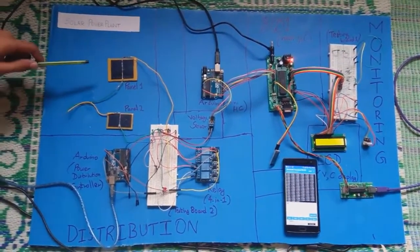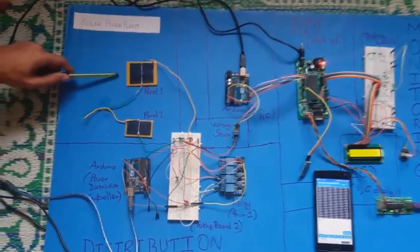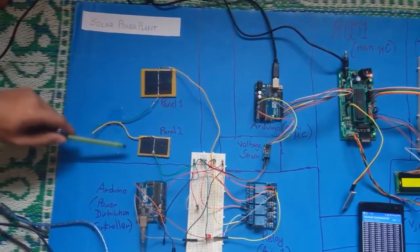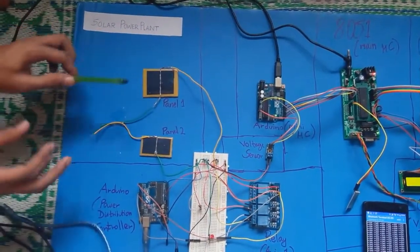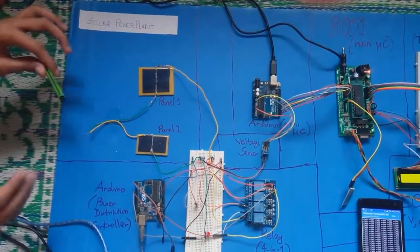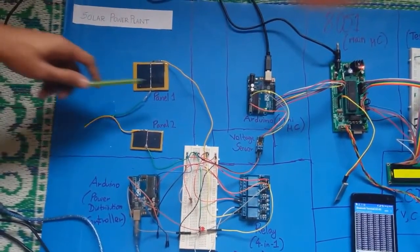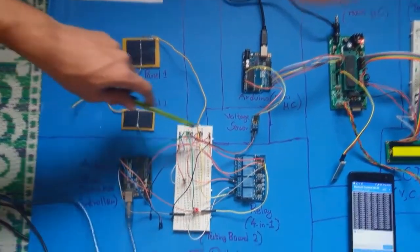First of all, we have two solar panels, one here and another here, panel 1 and panel 2. This is 3 volt, this is 2 volt. These are the source of power, the power generating systems. When we put a light source on them, they start generating voltage and current that is fed to these testing breadboards,